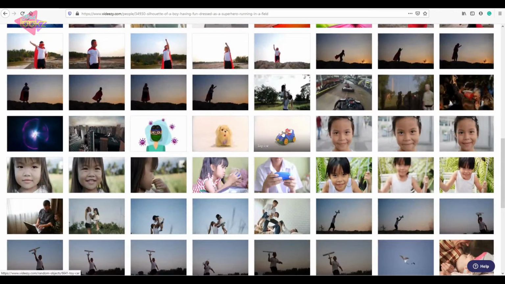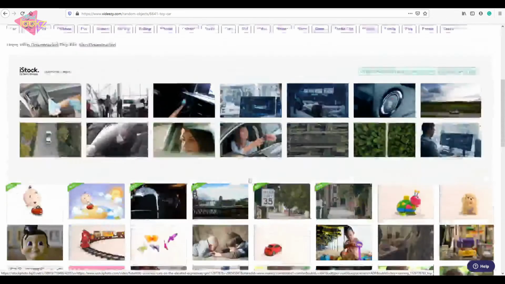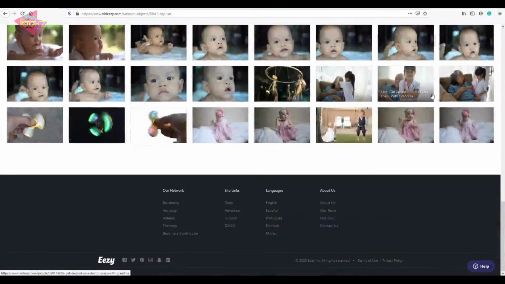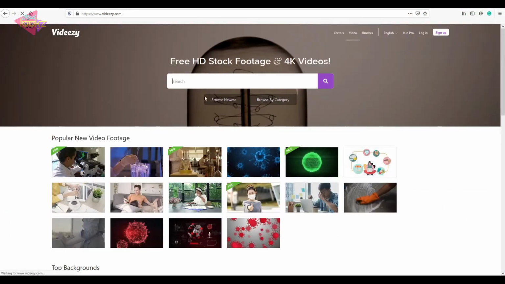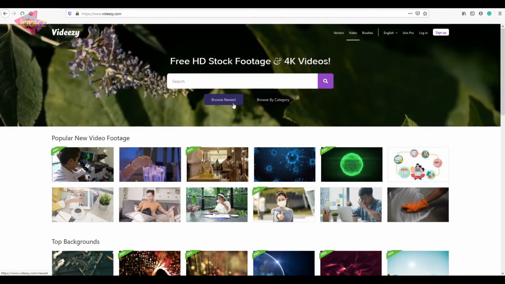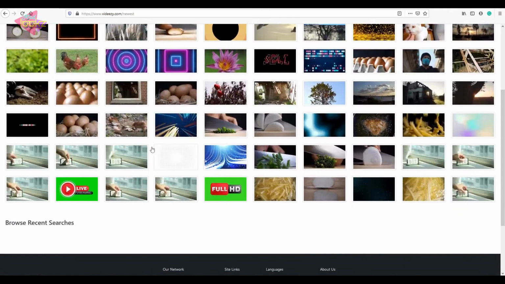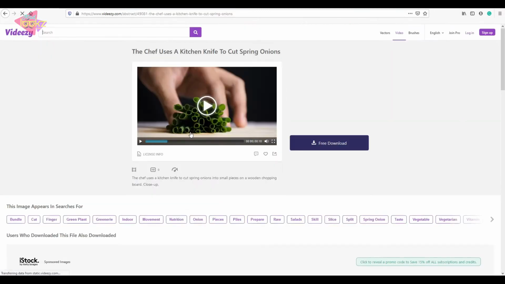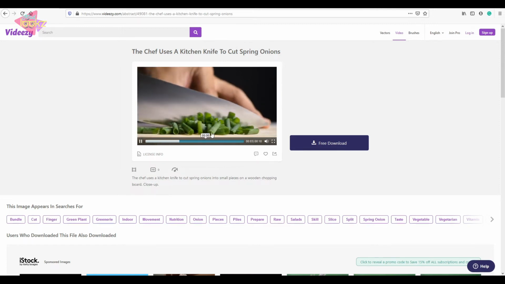We can get a lot of footages here. Here we can see free downloads, like lots of footages for any purpose. We can get it over here. People usually upload to Videezy and we can download it for free. You can search the topic, and there are some other options like browse latest. Here you can see the latest uploads and all. So it's good footage for any work related things. You can download free from this website.